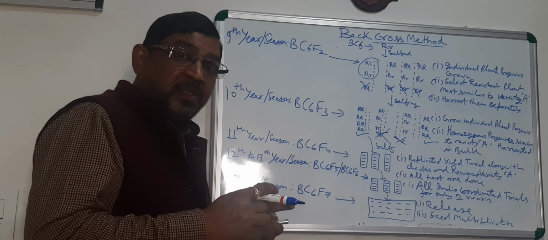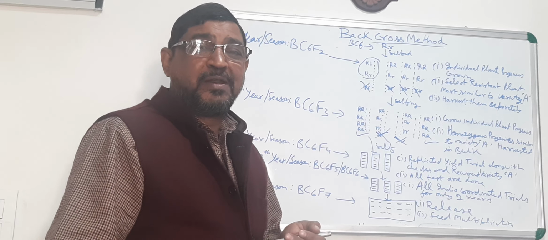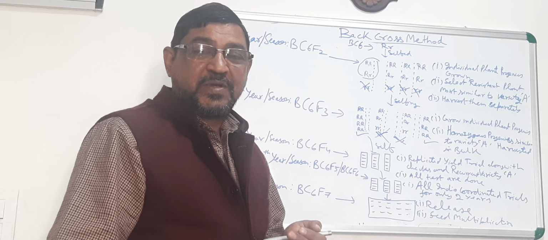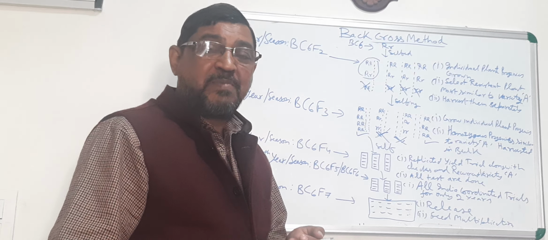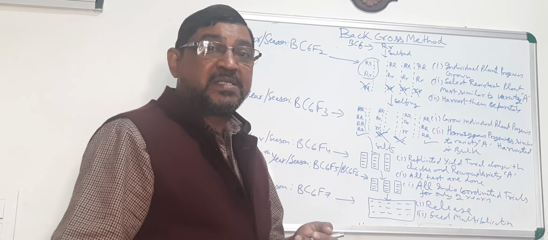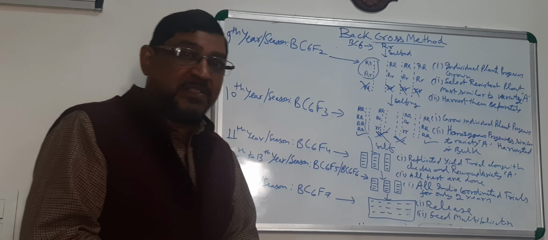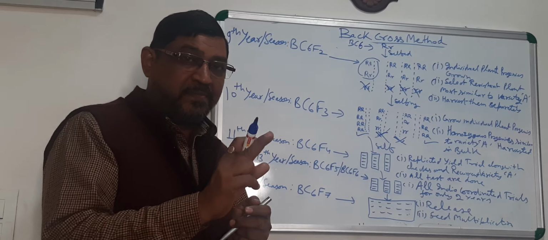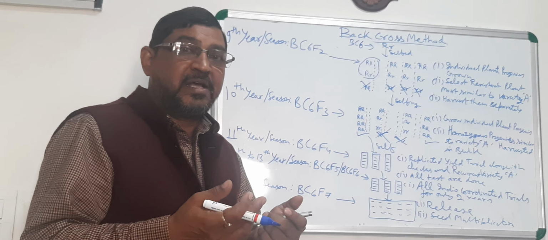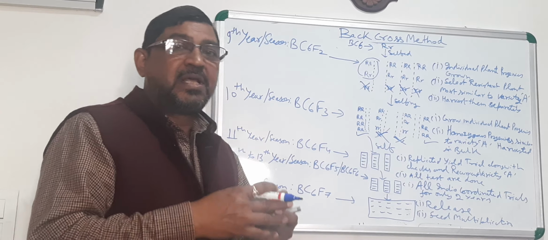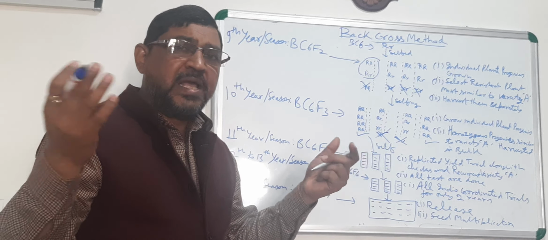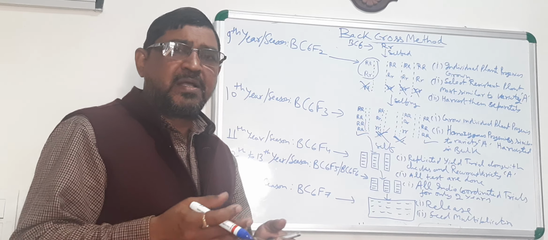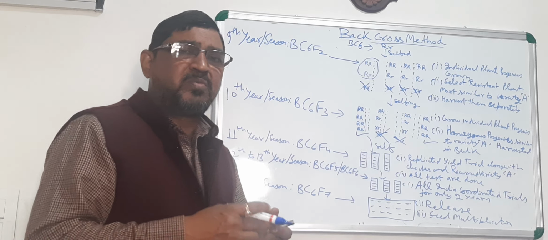Once it is successful, then in the 14th year you go for BC6 F7 generation, release and seed multiplication. So this is a beautiful breeding method, particularly in self-pollinated crops, for improvements. Once you have come up with the improved variety, the variety name will be the same. Say, for example, Swarna has been improved by putting the sub1 gene. Now it is well known as Swarna sub1. Like that, improved Swarna, but it would be confusing for what it has been improved, so Swarna sub1.